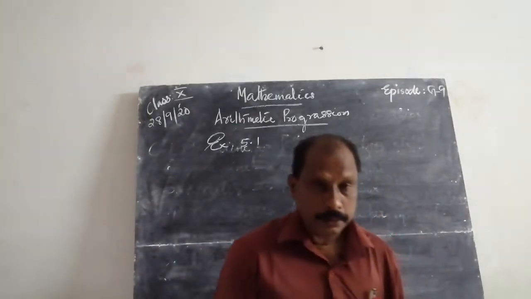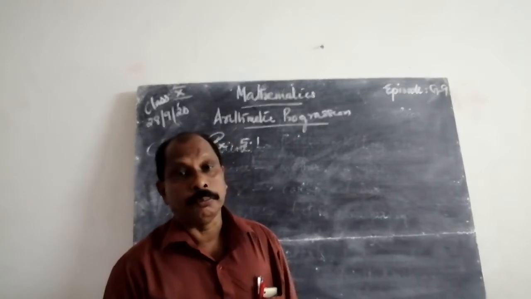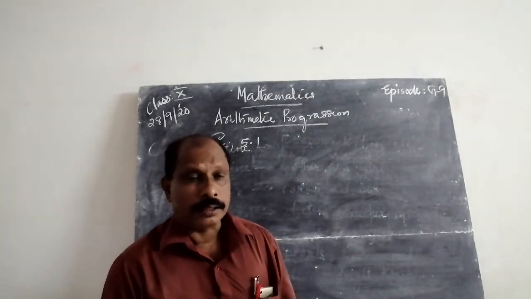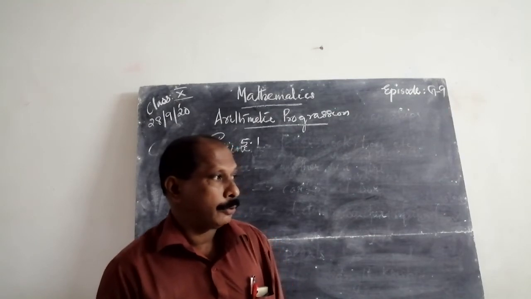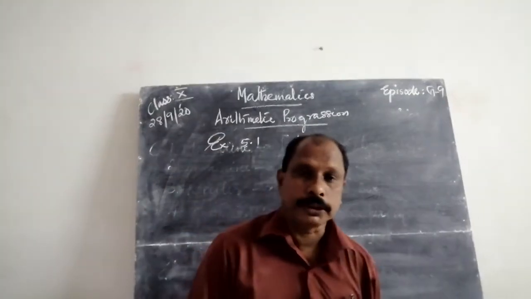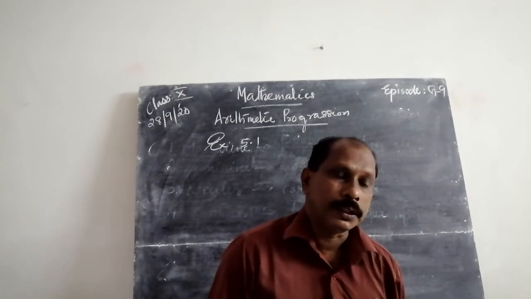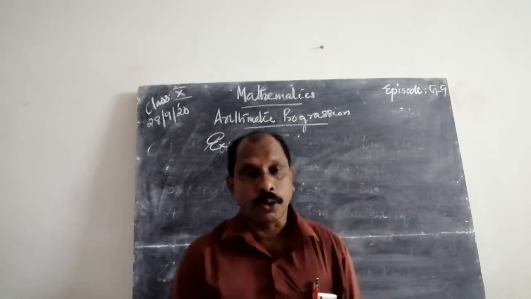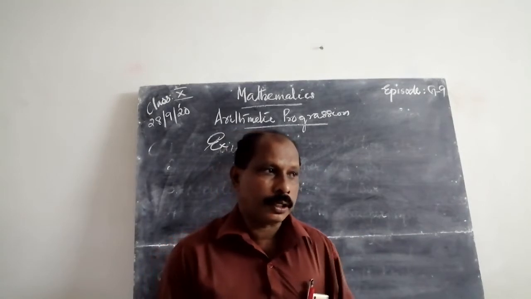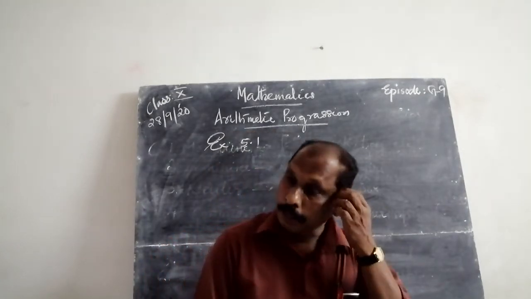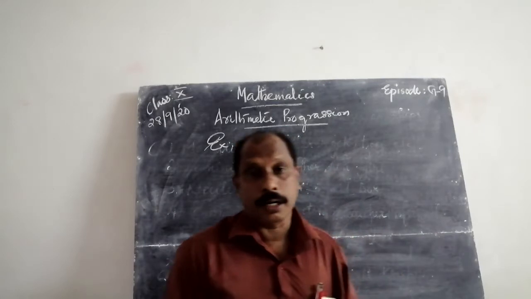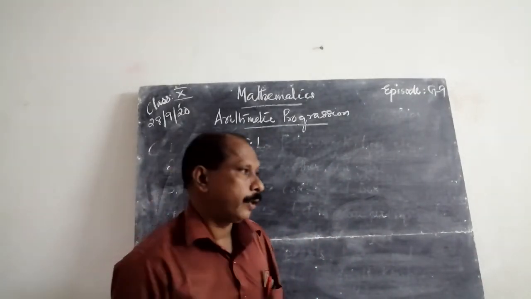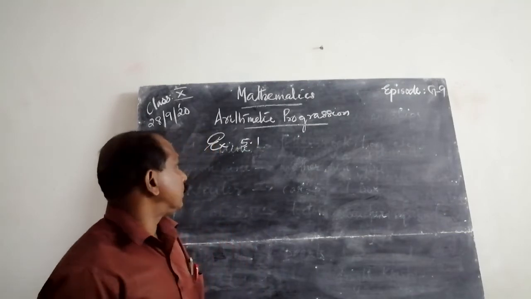Okay, these are the key points or the main points of the arithmetic progression, that is the theory part. Then we discuss all the problems from the textbook, and also we discuss problems out of the textbook. They are board questions. After the exercise we can discuss those out-of-textbook questions. Then the first exercise is